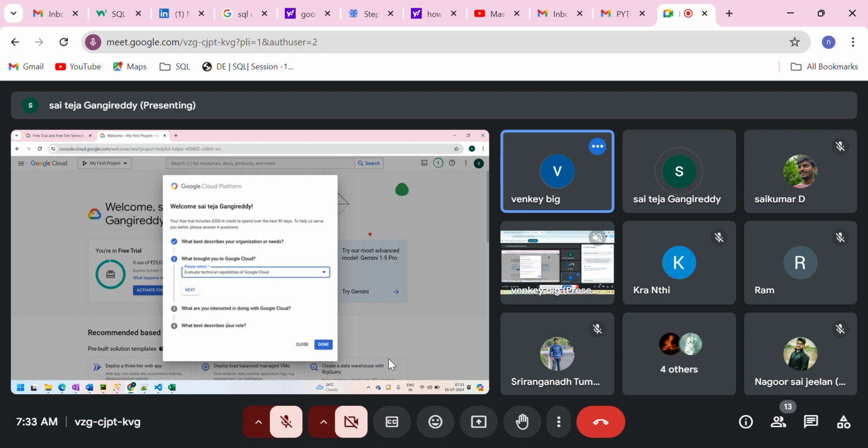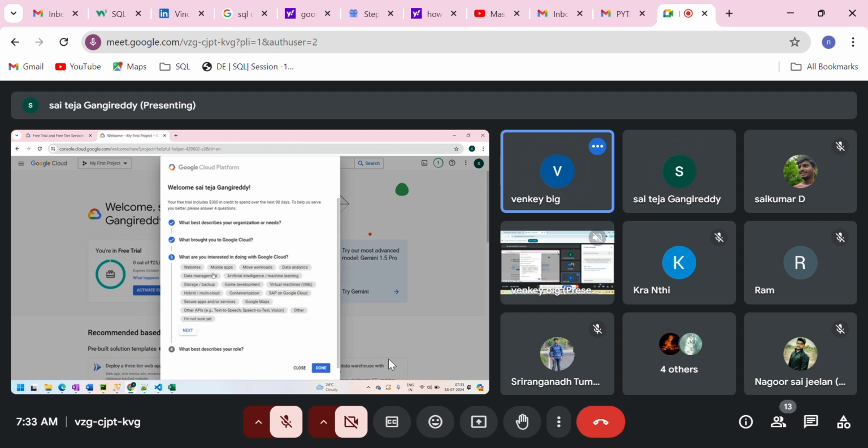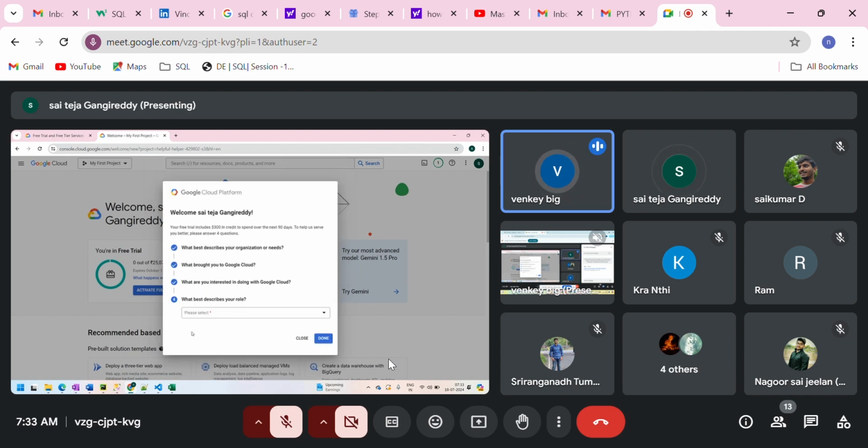You can check that. Next. Here you can select data analytics, data management, storage and backup, virtual machines. Okay. Yeah, that's it. Next. So best describes your role. Data engineer. You can select data science and data engineer. Done.